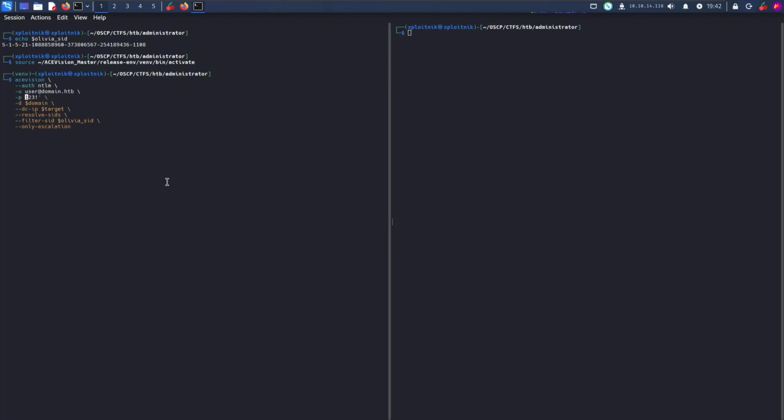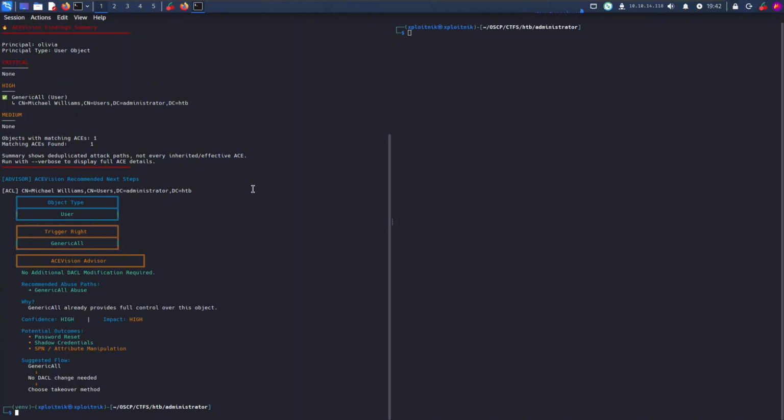Password, I already saved a variable as well. Domain, and the user is that. Perfect. So now we're just running the tool, keeping in mind that we are just focusing on Olivia's SID